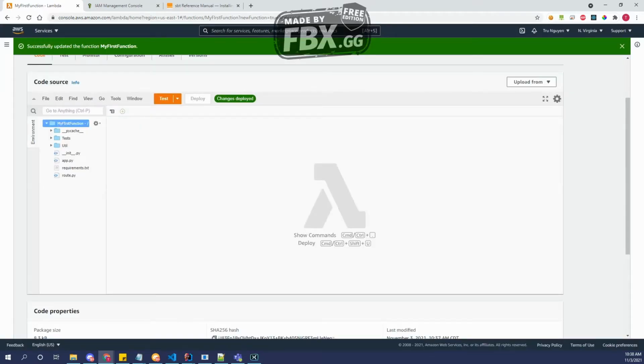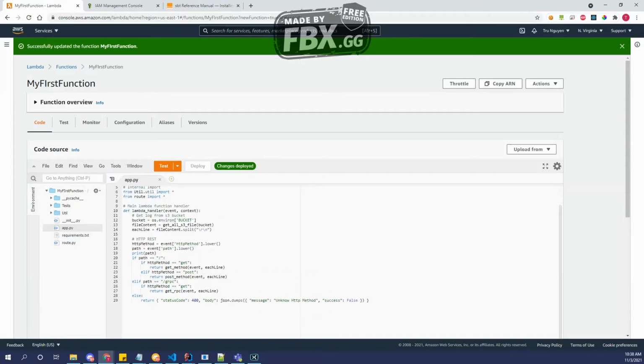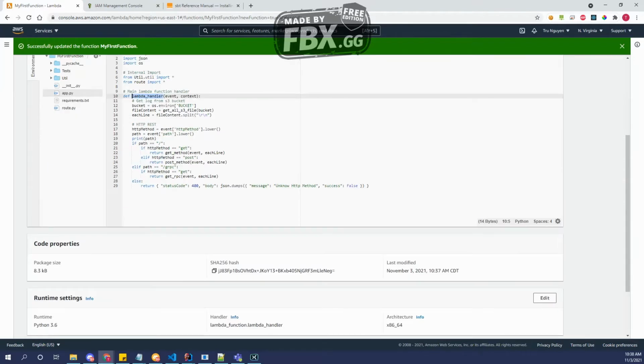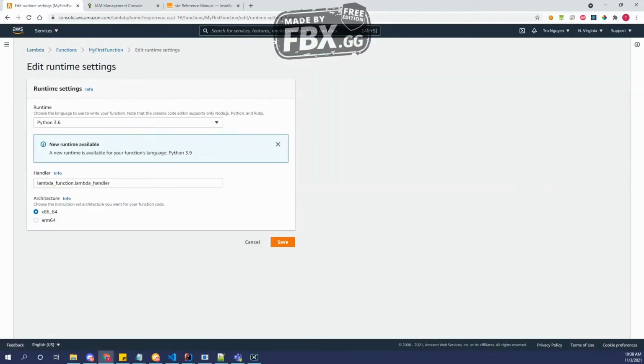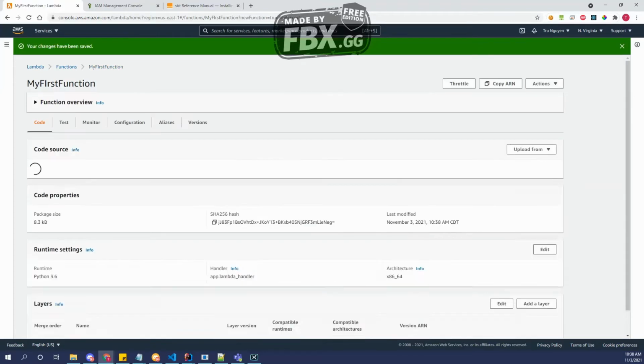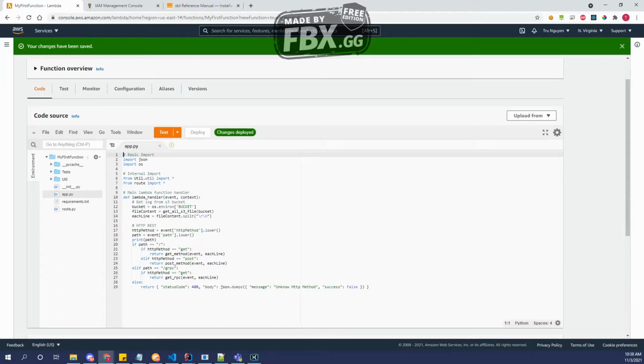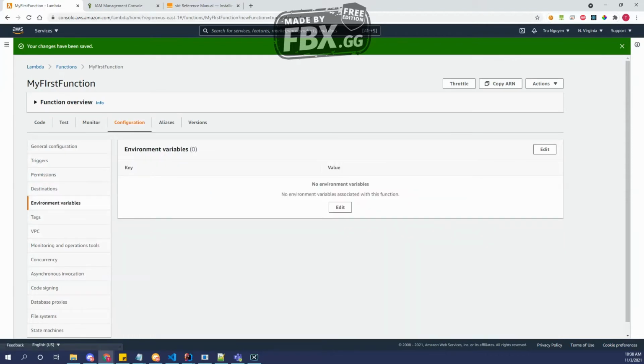As you can see, we have files from what we just uploaded, and then we want to change the handler, which is inside of the app file, of this lambda handler function. So we want to change the file to app, and then we can keep the function name the same. Click save. And after that, since we're using a global environment, we have to go to configuration and set up our environment variables. So edit, add,